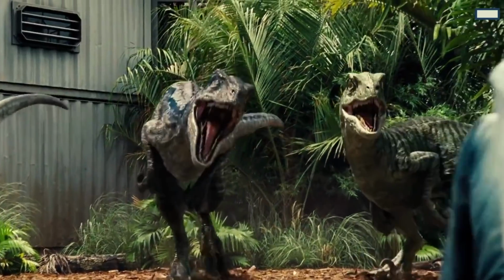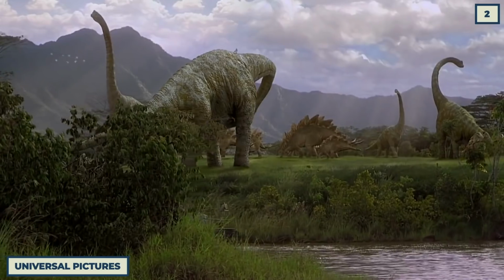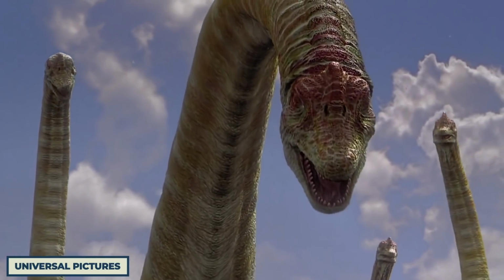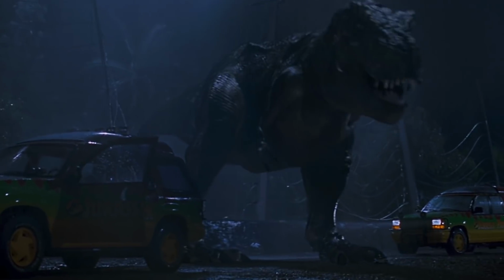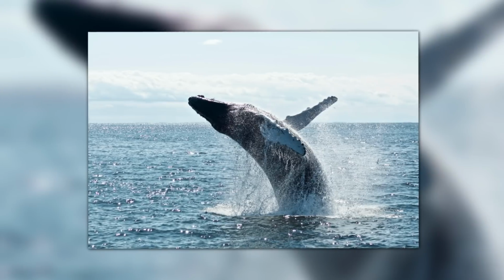Now, while we may have bones and fossils to give us an idea of what the dinosaurs looked like, because they died millions of years ago, we have no idea what they sounded like. So the Jurassic Park team had to come up with some ingenious methods to create the sounds of these prehistoric creatures. The T-Rex's roar is a mix of 6 different animals, including lions, tigers, alligators, elephants, a whale, and most surprisingly, a koala. While the noise of Martin Ferrero getting eaten is actually the sound of a horse munching on